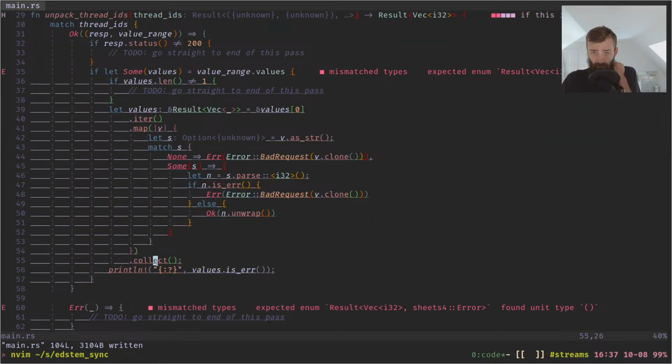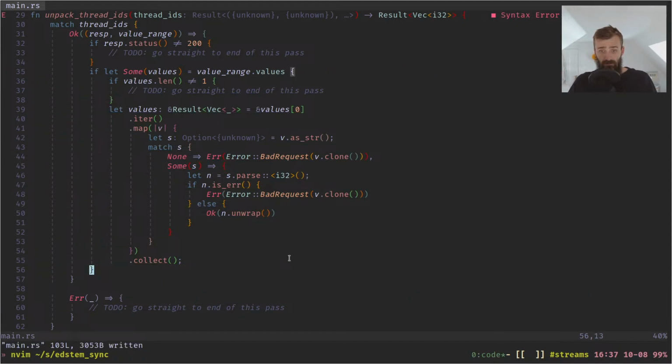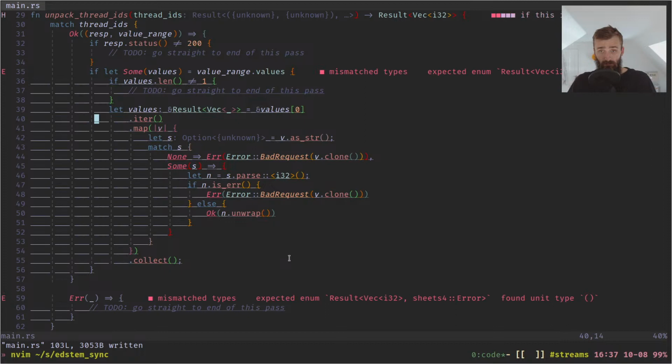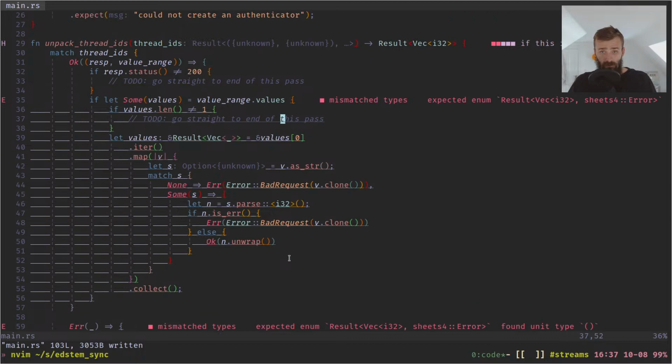Map collect. I wasn't actually returning anything here. So this iteration is essentially what I want to return, but I was just printing it. So let's get rid of that, and let's see if I can work through this. Okay, so before I put in these to-dos, which were if we had run into these errors,